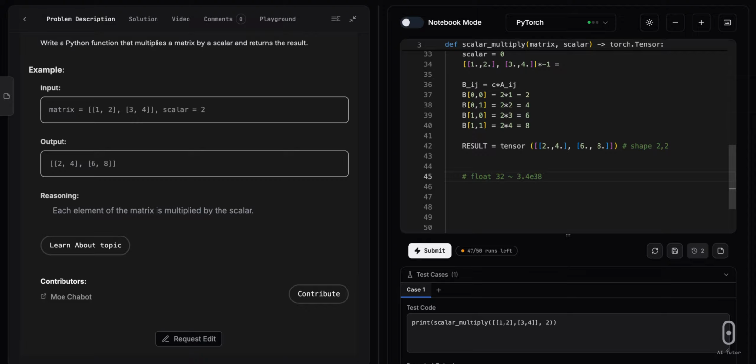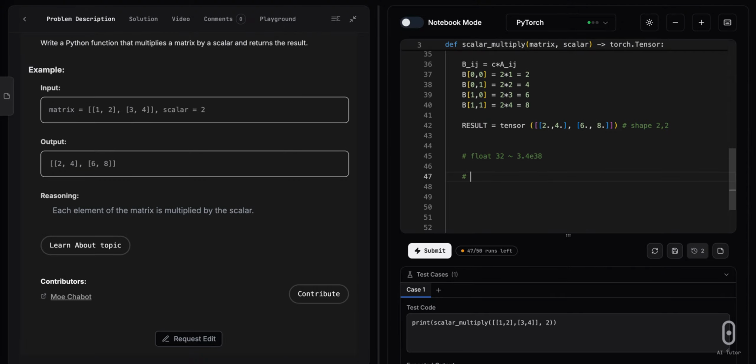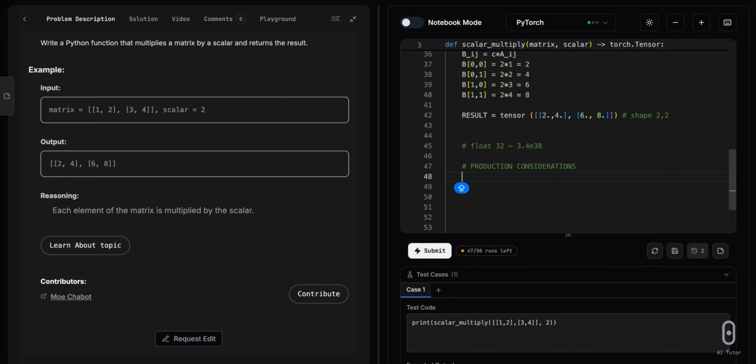And generally, another thing that you could discuss is production considerations. In production systems, generally this exact operation should be fused with the surrounding operations, mostly using JIT compilers like torch.compile or like